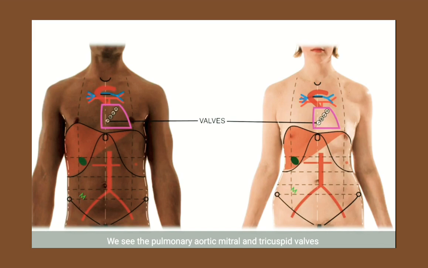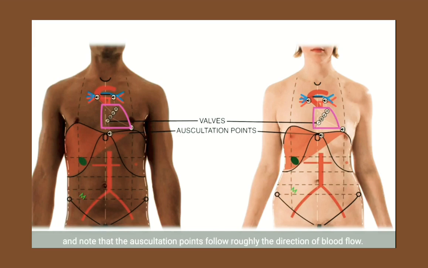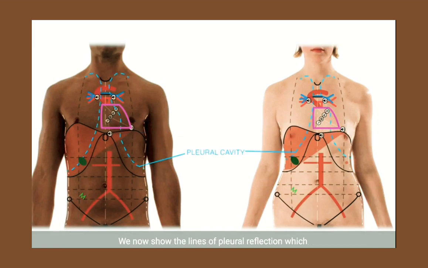We see the pulmonary, aortic, mitral, and tricuspid valves coursing inferiorly and obliquely. We note here now the auscultation points for these valves, and note that the auscultation points follow roughly the direction of blood flow. We now show the lines of pleural reflection, which indicate the maximum extent of the pleural cavity,